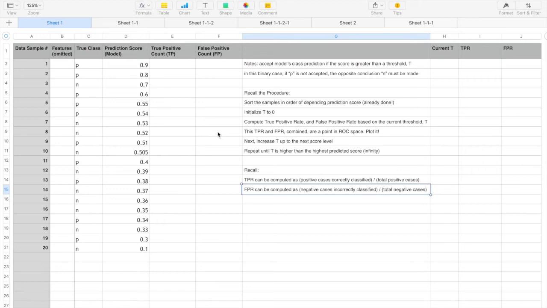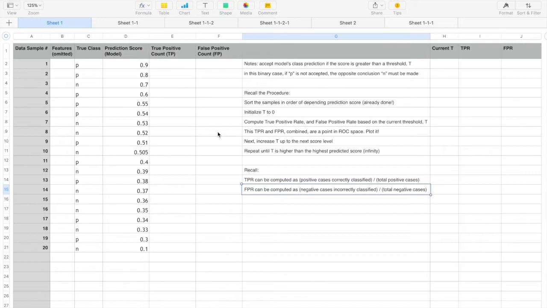This video walks us through the procedure to generate an ROC curve in order to visualize model performance. Here, I've created a table in a spreadsheet tool for the sake of clarity of my writing, but I could use these exact same steps with a piece of paper. This is because I'm not using any computational or math features of this spreadsheet besides division, which you can replicate